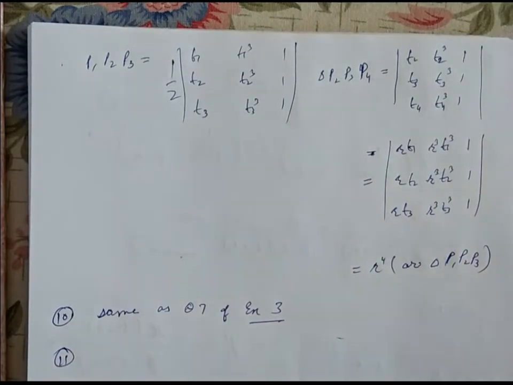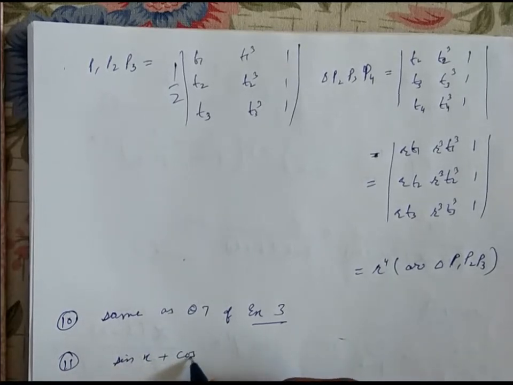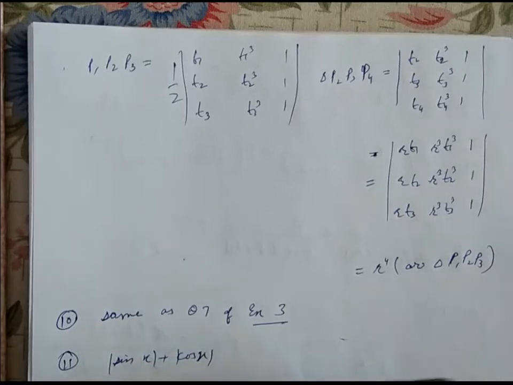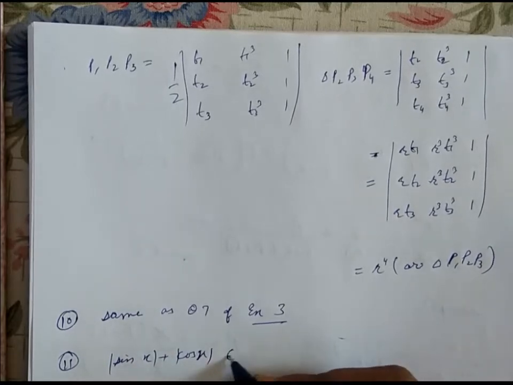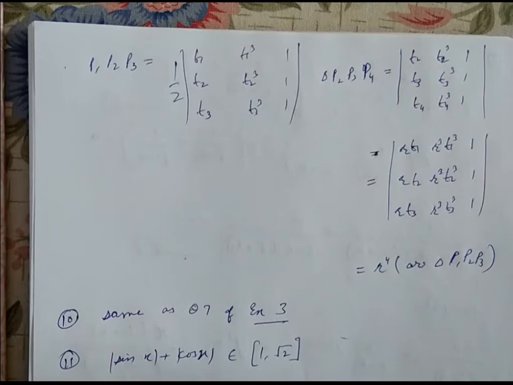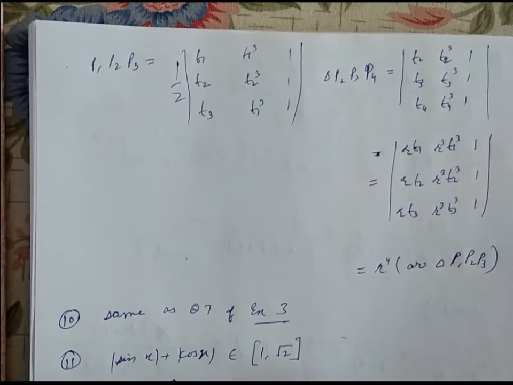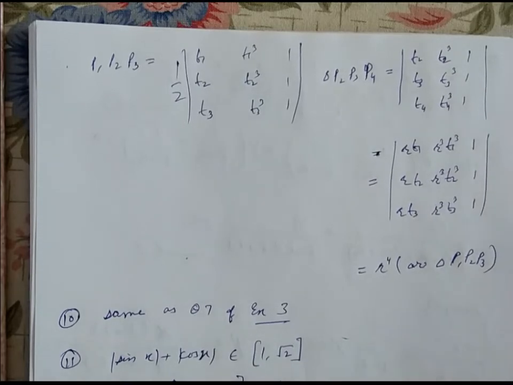Find the angle of intersection of the curves y is equal to box of mod sin x plus mod cos x and x square plus y square is equal to 5. Okay. So we can see that mod of sin x plus cos x lies between 1 to root 2. We already know the range. So its box would assume the value 1.